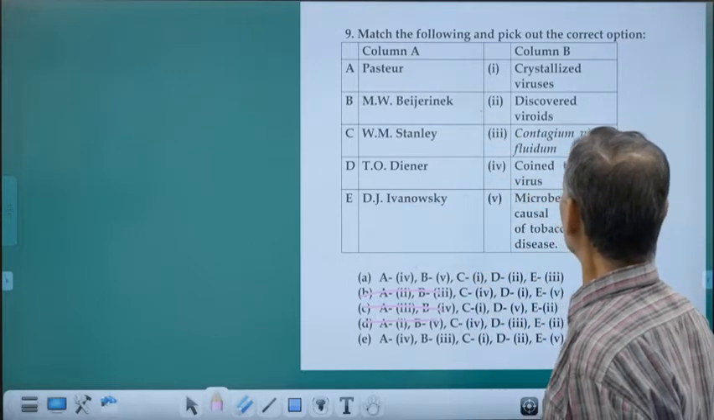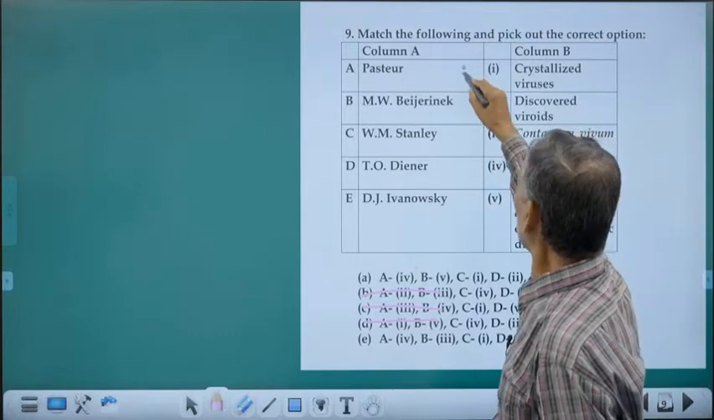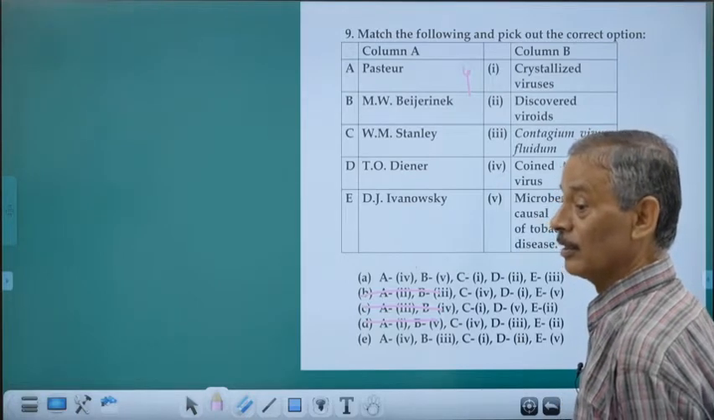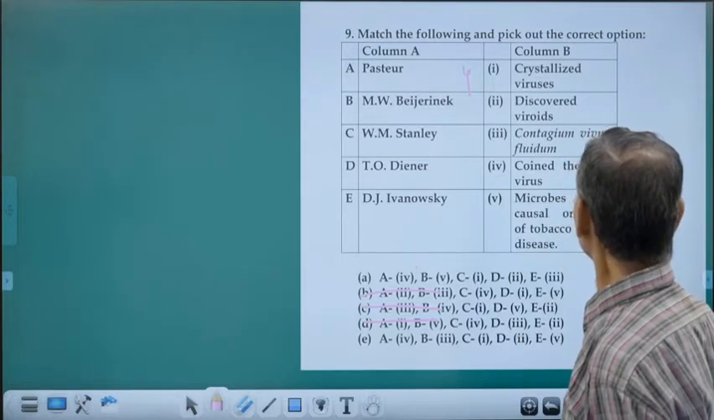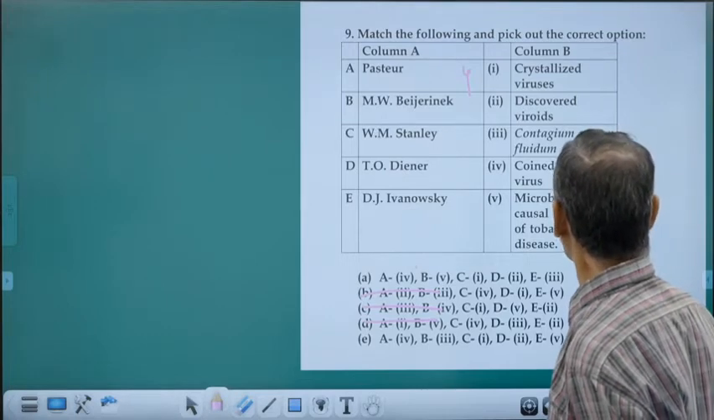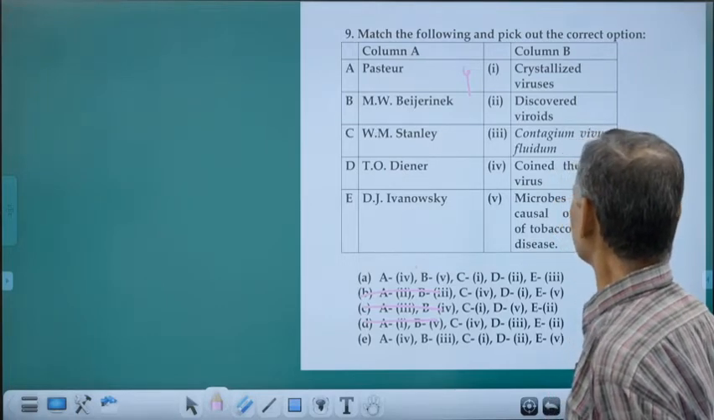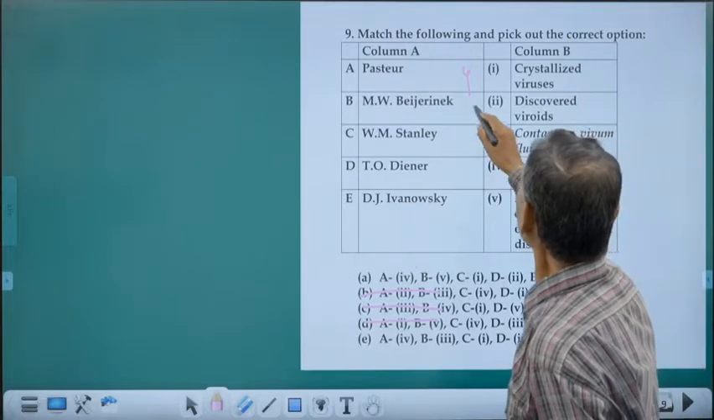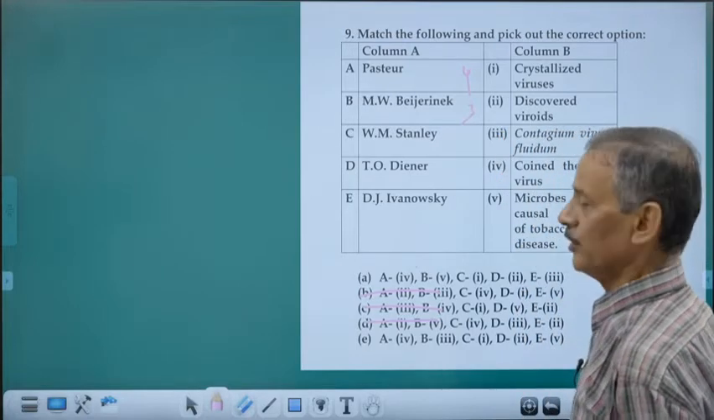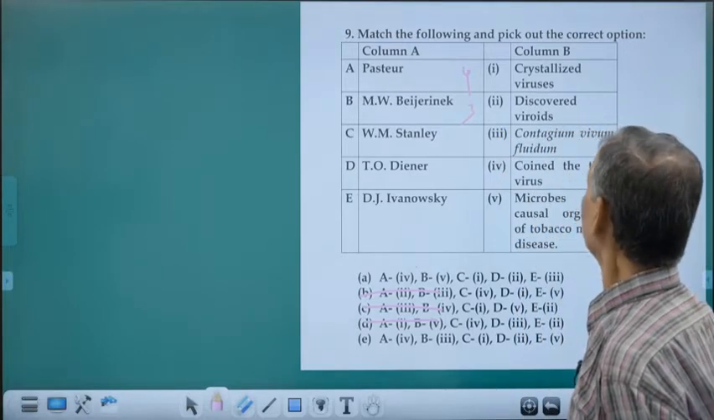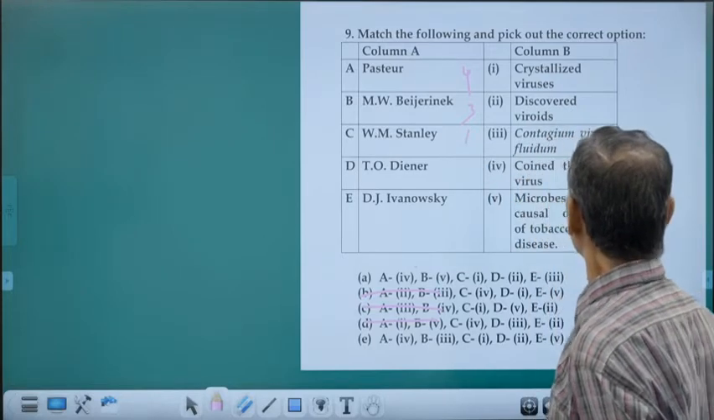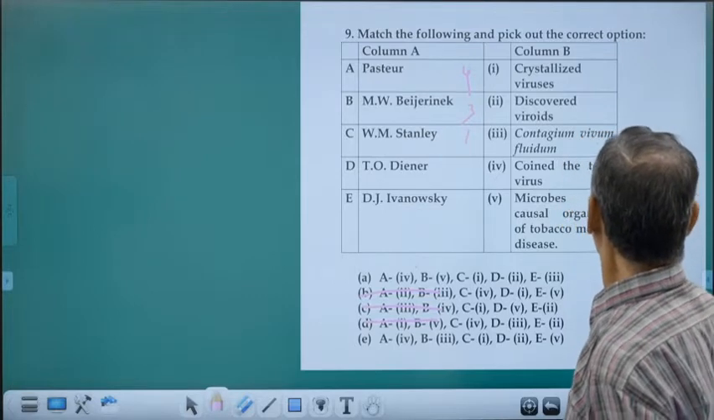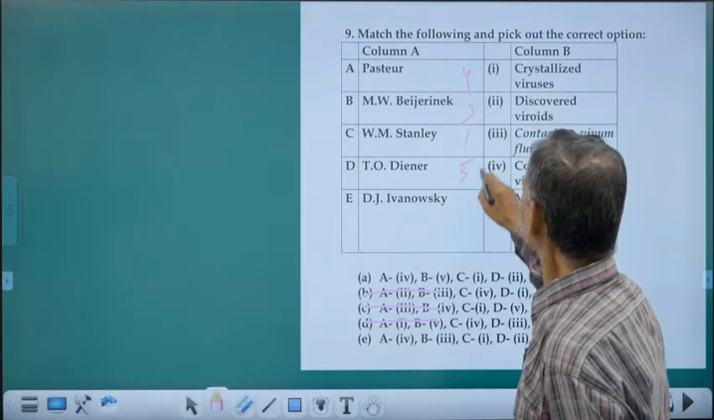M.W. Beijerinck. So, Pasteur coined the term virus, and Beijerinck called it Contagium vivum fluidum. So, microbes are the causative organisms. Contagium vivum fluidum. Stanley crystallized the viruses. Theo Diener, everybody knows that. Theo Diener, tobacco mosaic disease, and